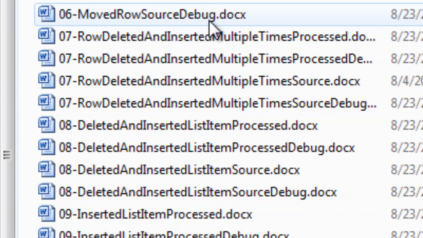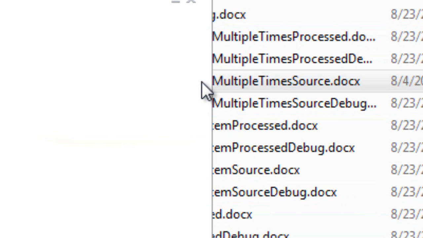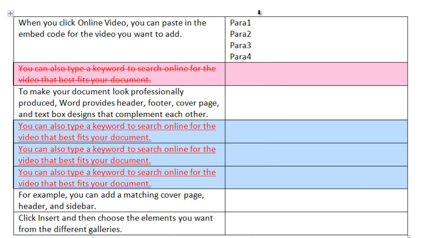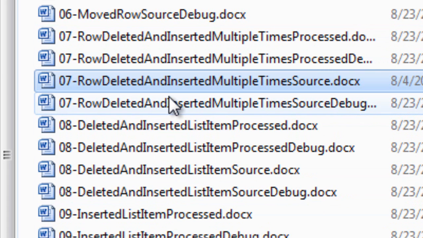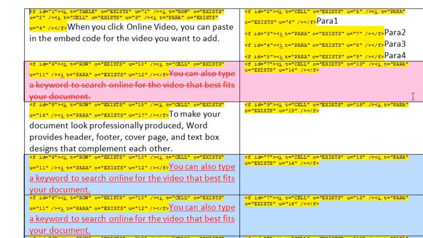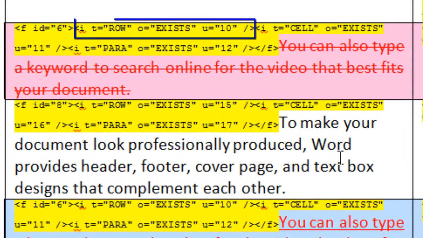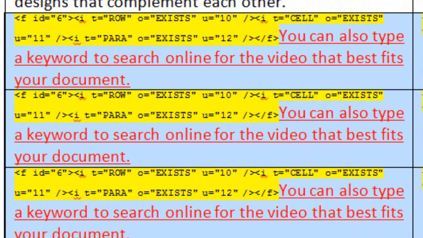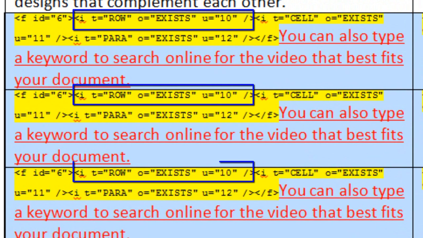Example number 7 shows what happens when you have a row that has been deleted and inserted multiple times. So here this second row has been cut and then it's been pasted into the same table. Let's look at what the debug version looks like, and here we can see that the second row with a row ID of 10 has been cut and it's been pasted 3 times. So we can see that each one of these rows as inserted has the row identity of 10,